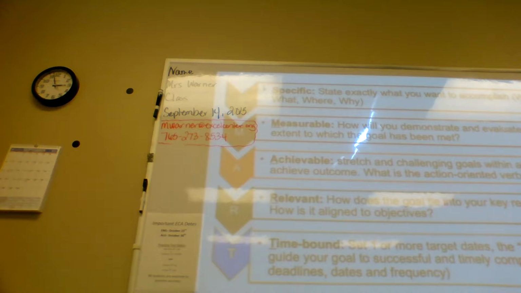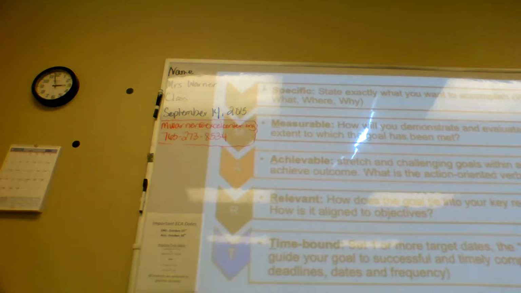Time bound. You want to set specific dates for any of your goals, whether they're the short-term goals or the long-term goals. Why is it so important to set dates? Then you actually work towards that goal. Good. When it's open reign, it's kind of like you're grasping at straws. There's not a whole lot that you can grab a hold of. So instead, if you have a time limit set for that, then you can focus in on one goal at a time or shorter goals at that one period of time.